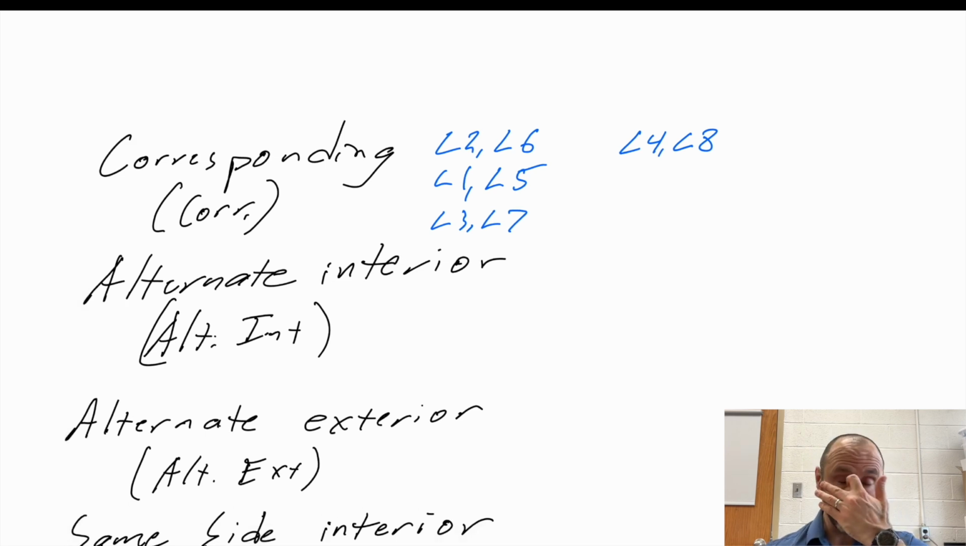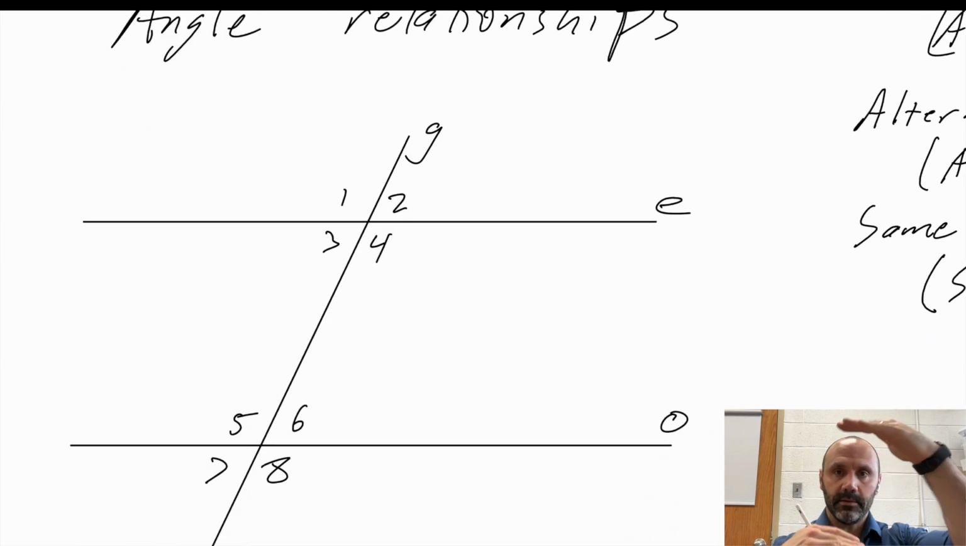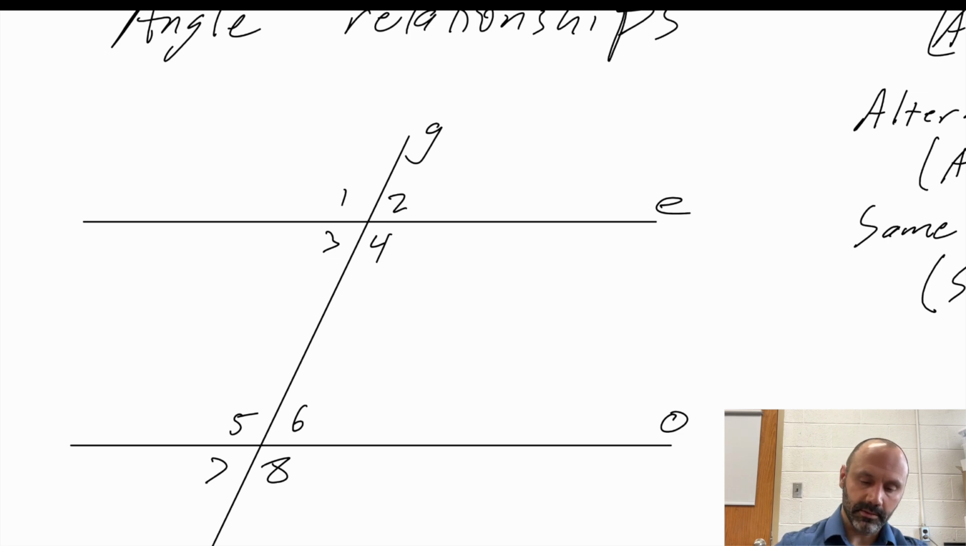Another kind of relationship is alternate interior angles. When we refer to interior and exterior, what we mean is what's between the two lines and what's outside of the two lines. Any angles that are in here between the two lines are called interior angles, and all of these that are outside are called exterior angles. In fact, we can label that. Anything in this region is interior, and anything out here, exterior,